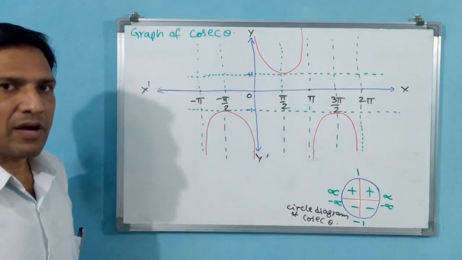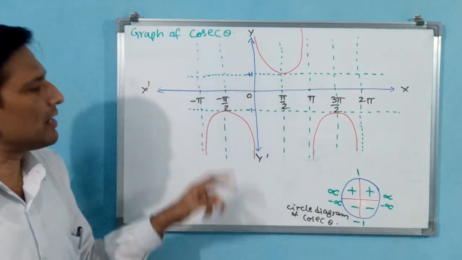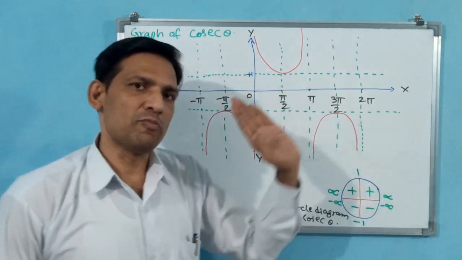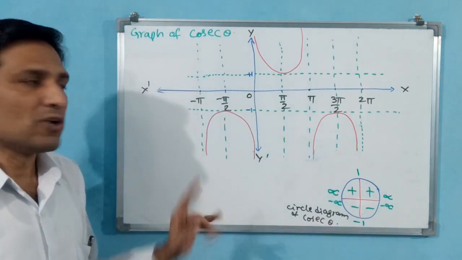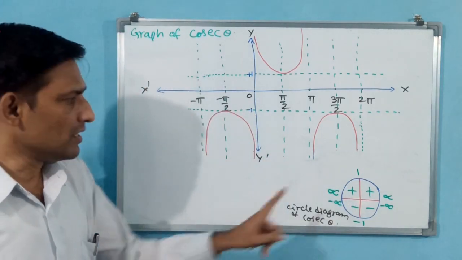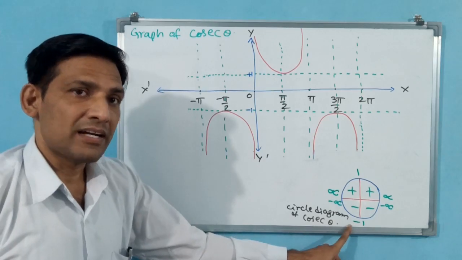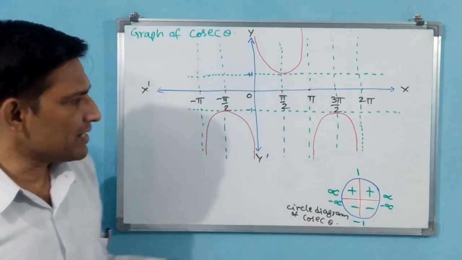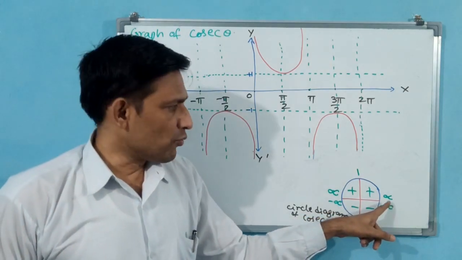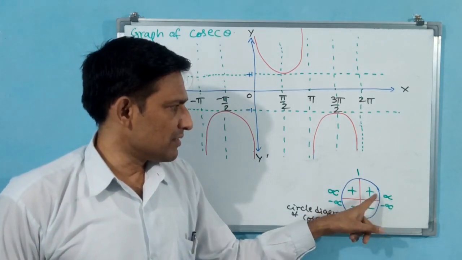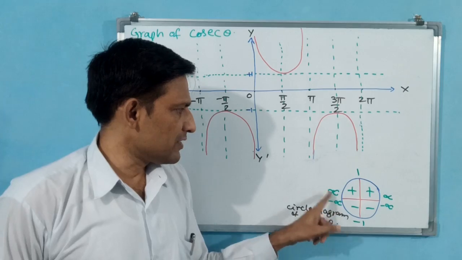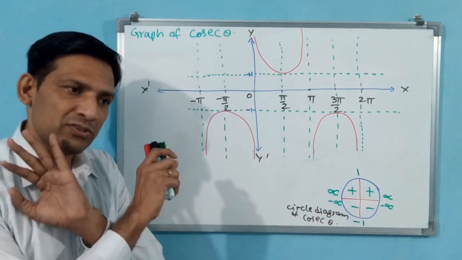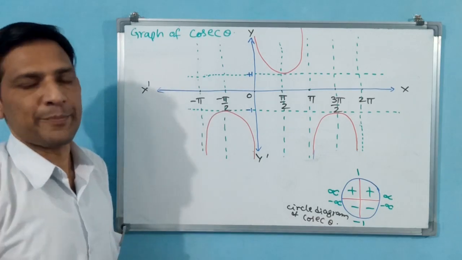Because the examiner wants to know whether you know the concept or not. By drawing up to minus pi and on the plus side 2 pi, the examiner is well able to understand that you know the concepts. You take this circle diagram. Without this circle diagram, you are not able to draw the graph. First point. Second point, simply infinity you don't keep. Plus infinity, minus infinity, plus side, minus side, definitely you have to keep. Then only these continuous graphs are going to come, or else these graphs are not going to yield.